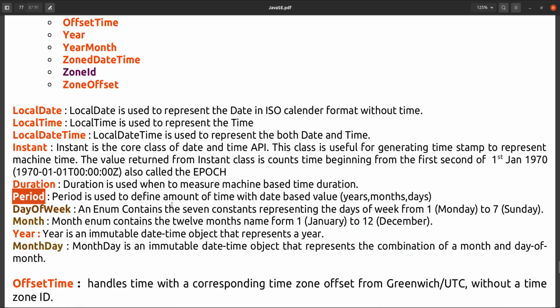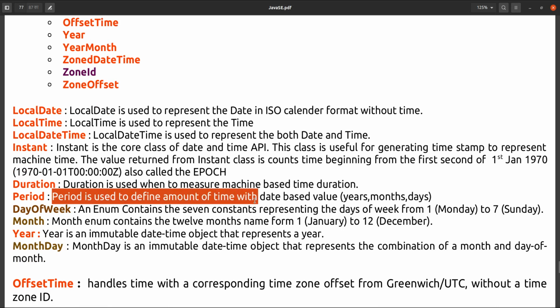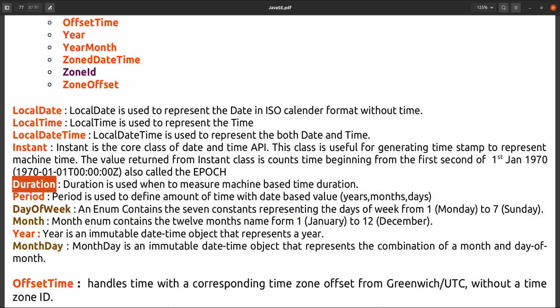Next one is a period. Period is used to define the amount of time with date based values, year, month and days, because in the duration we have not seen any date based values to measure the duration. We have used only hour, minute and seconds.